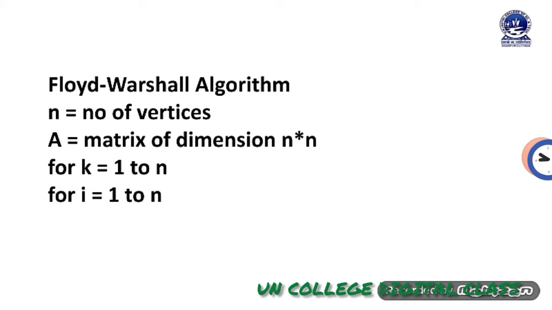Inside the for loop, we use another inner for loop which continues for i equal to 1 to n. As we said, n value is 4, so the inner for loop will also continue for 4 times. Then inside the inner for loop, we use another inner for loop which continues for j equal to 1 to n. It means that here also it continues for 4 times as n value is 4.